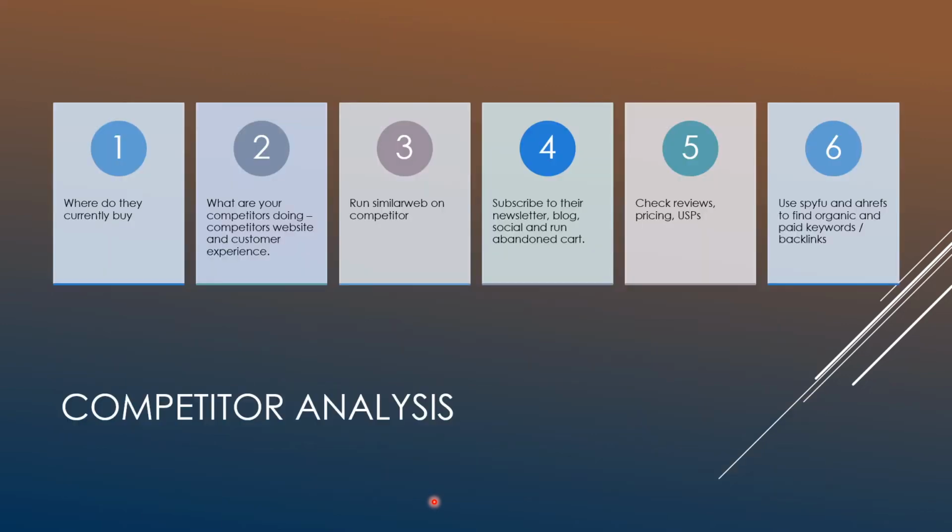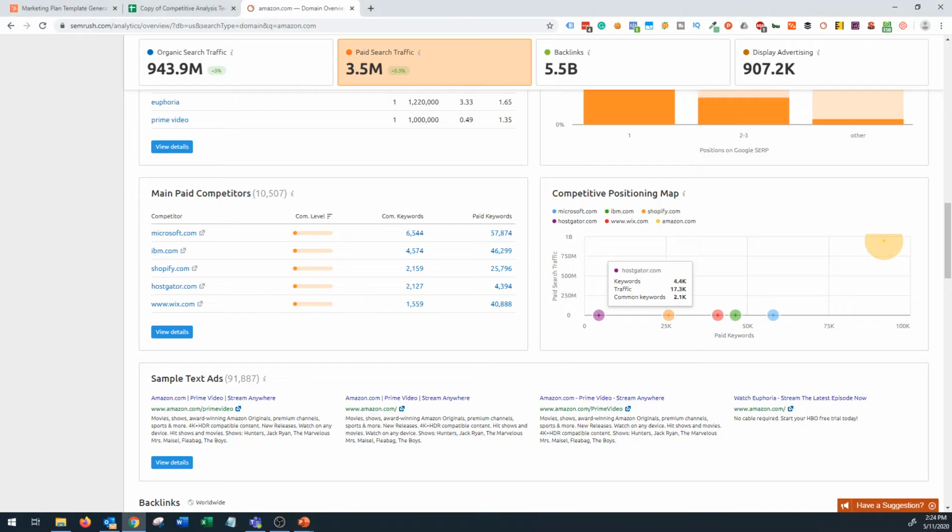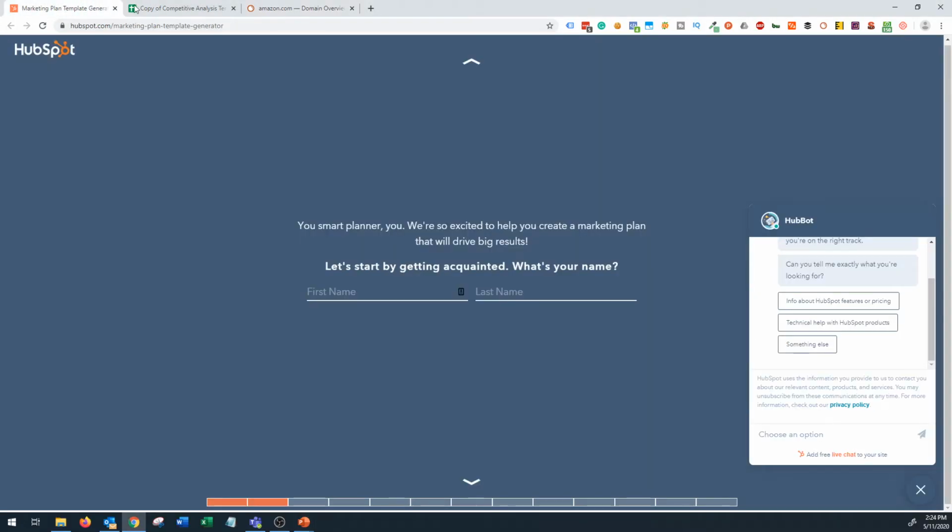Now the next step is competitor analysis, and I want to showcase a couple of real life tools before I get into the slides. Actually, before I do that, I just want to share this quick tool. This is called the HubSpot Marketing Plan Template Generator. It's a pretty powerful tool that will help you create a marketing plan.